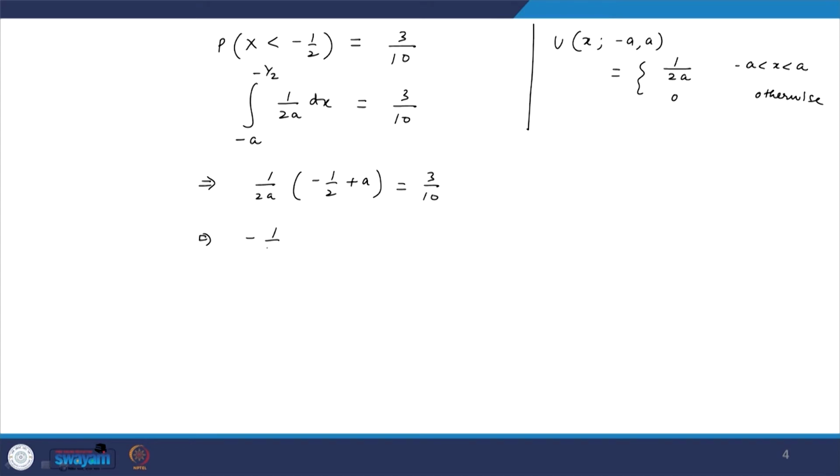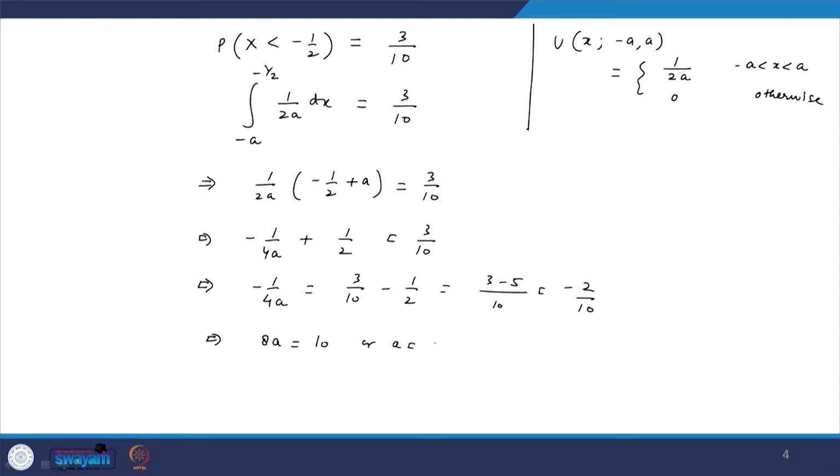which further implies minus 1 by 4a plus 1 by 2 is equal to 3 by 10. This further implies minus 1 by 4a is equal to 3 by 10 minus 1 by 2, which is equal to, you can take 10 as the LCM, 3 minus 5, that is minus 2 by 10, and this implies that 8a is equal to 10, or a equals 10 by 8, or 5 by 4. So, this is the value of a